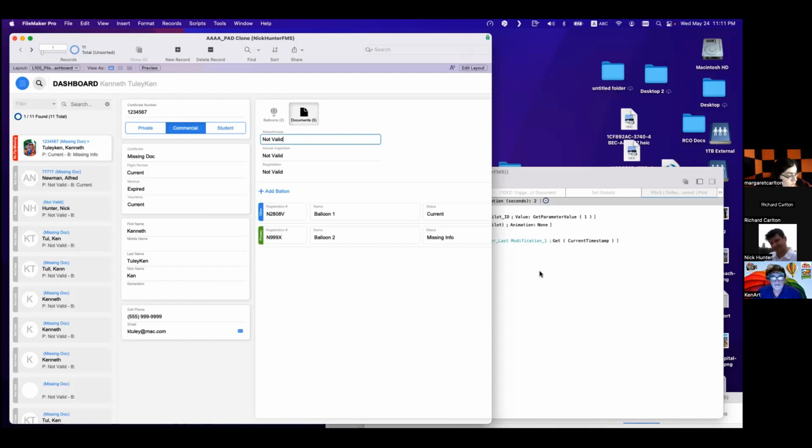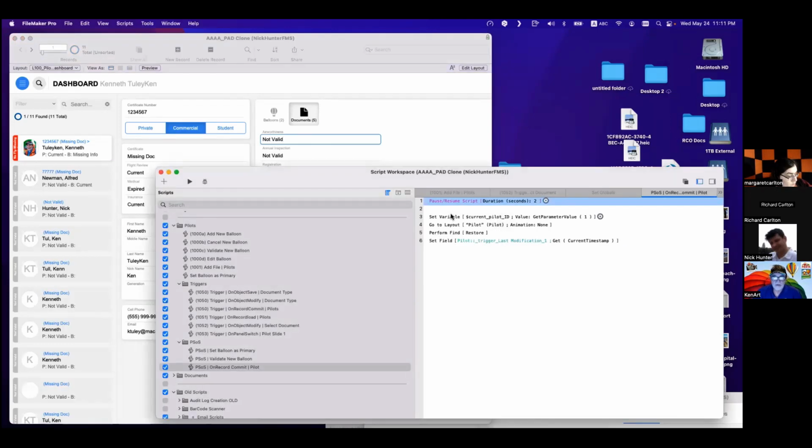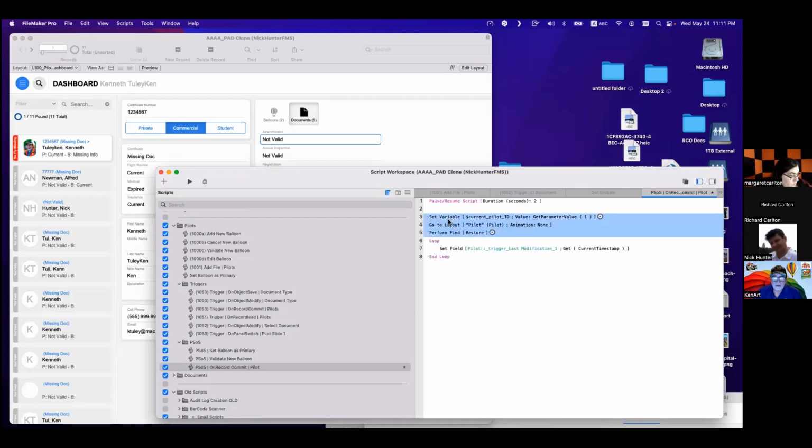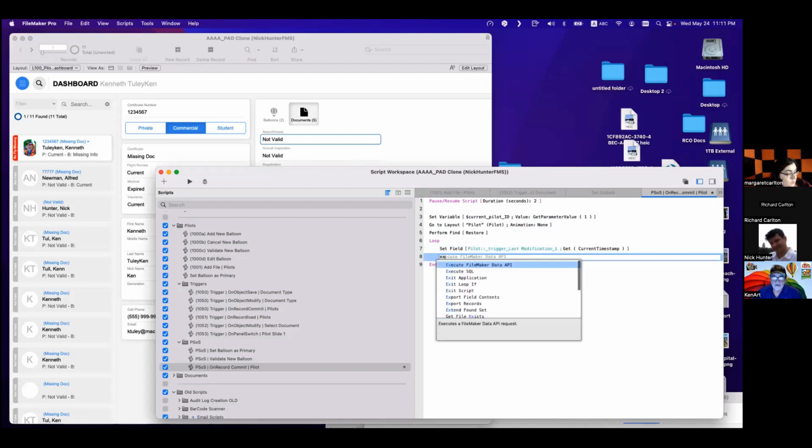So here we can put a loop. Not here, but here. Because the perform find, I don't care. If the record's busy, you will find it. But here you can get a loop and say exit loop. So this is how I'm doing this.